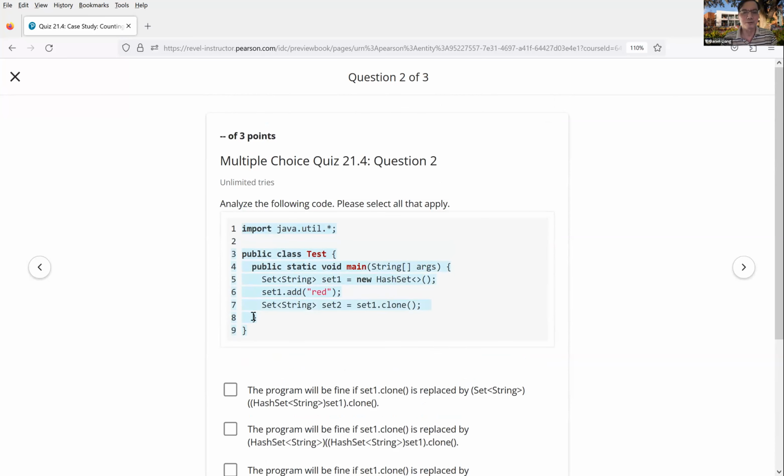So I'm going to take this code right here and do